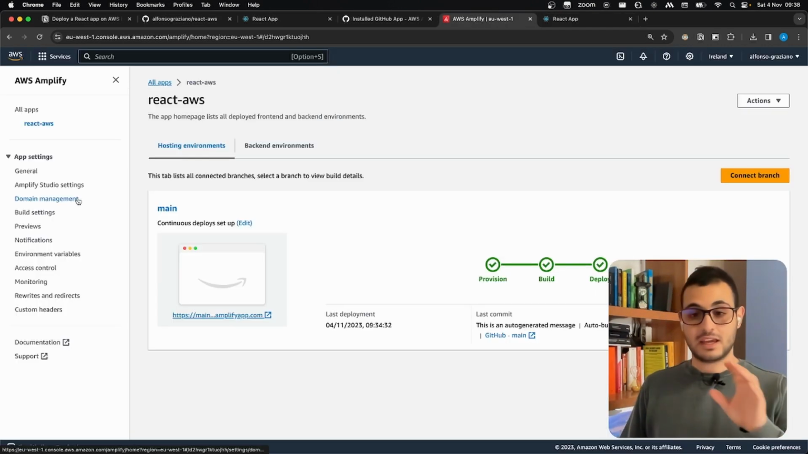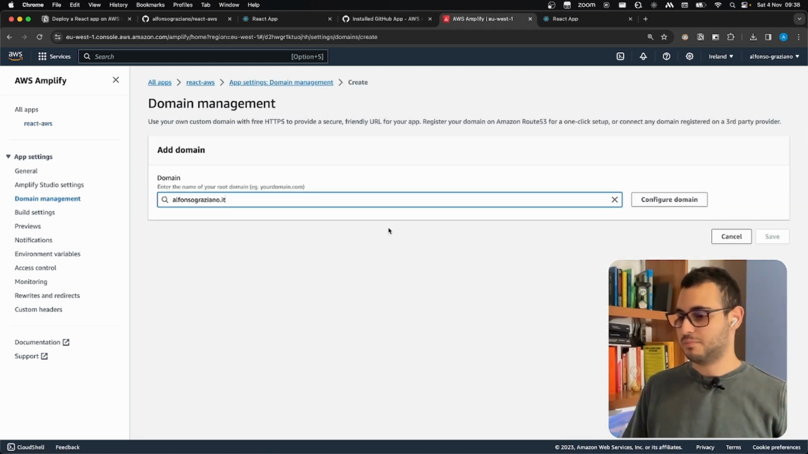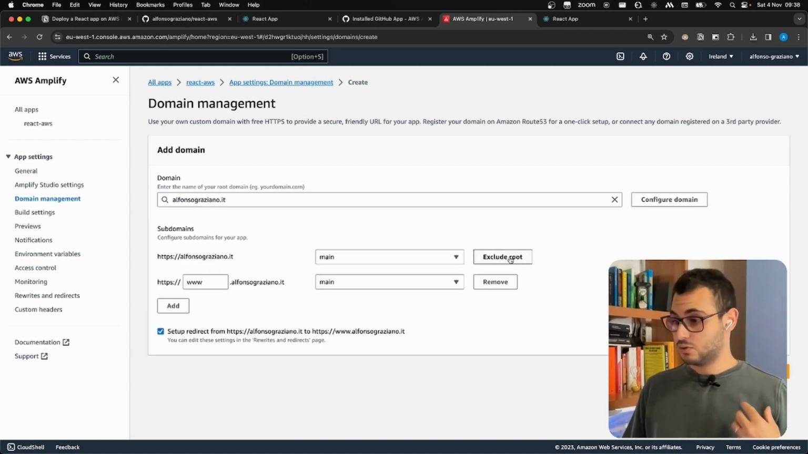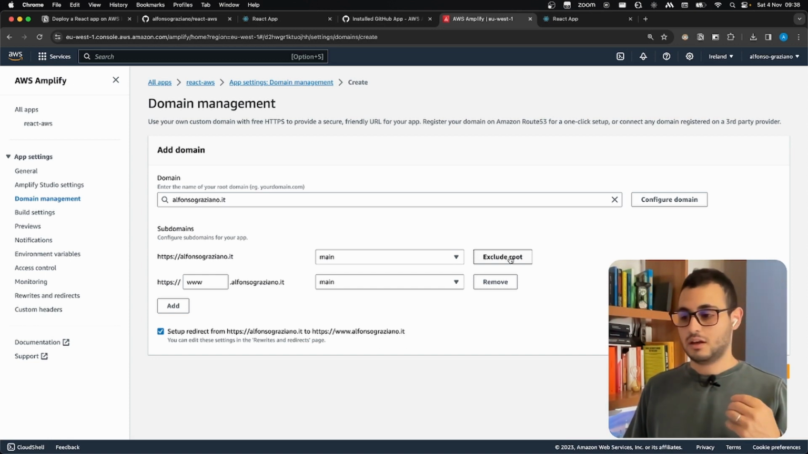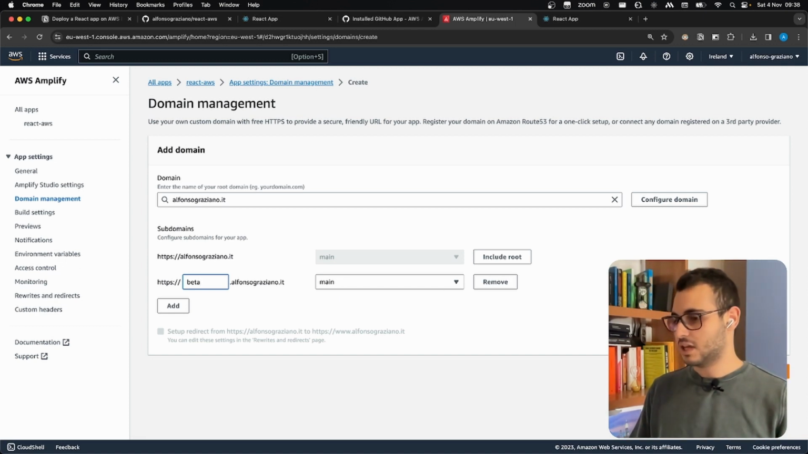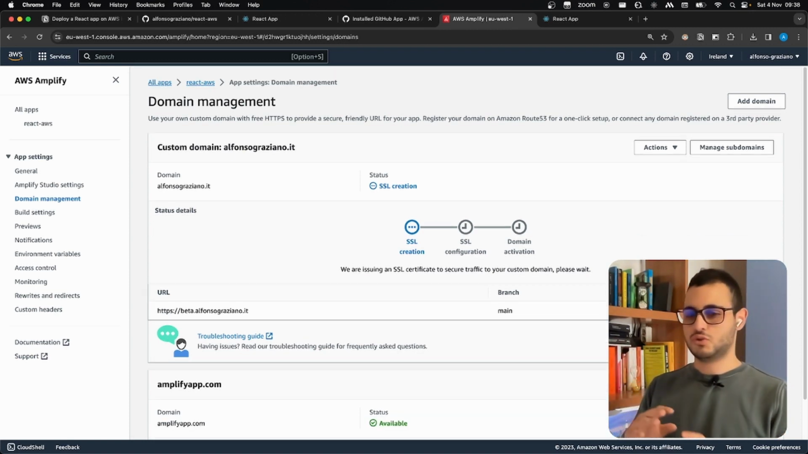Let's see it. Once I am on Amplify, I just need to click on domain management, add the domain, I select my personal domain, I click on domain configuration. Now in this case, I want to exclude the root because I don't want this React application to stay on my alfonsograziano.it main website. I just want to have a third level domain. Let's call it beta. And it is connected to the main branch. I just need to click on save and we're ready to go. Usually this process takes from 10 up to 30 minutes, it really depends,